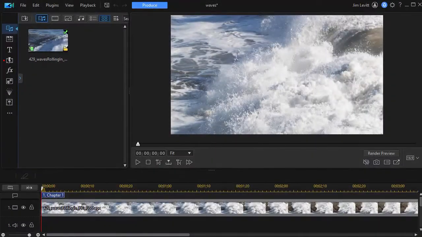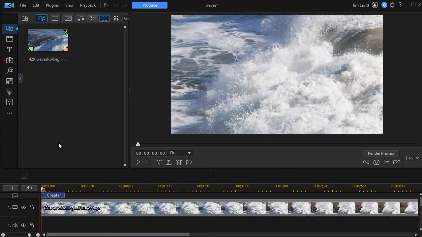In this tutorial in CyberLink PowerDirector, we're going to show you how to produce your project in two slightly unconventional formats. The first one is an animated format. You can choose between an animated GIF or an animated PNG. The second is an image sequence, which can be either a PNG series of still images or a series that end in JPG. Let's look at some of the options and some of the ways to use these tools most